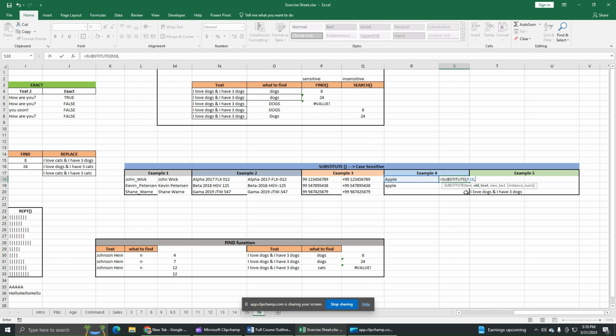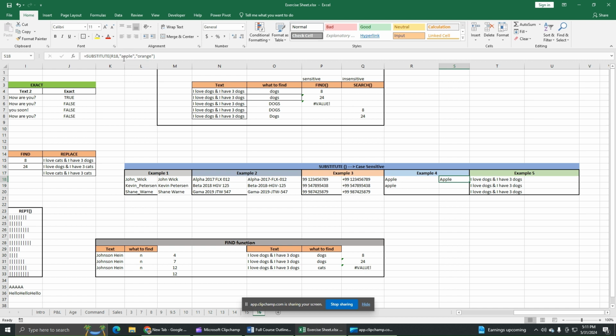So I'm giving apple in lowercase, and I want the apple to be turned into orange. Okay, then enter. We can see it has not changed